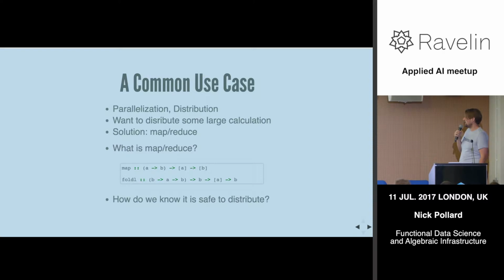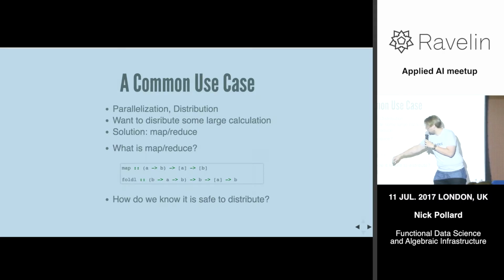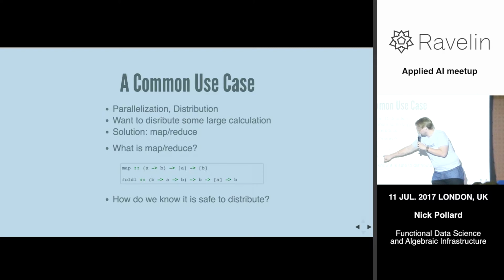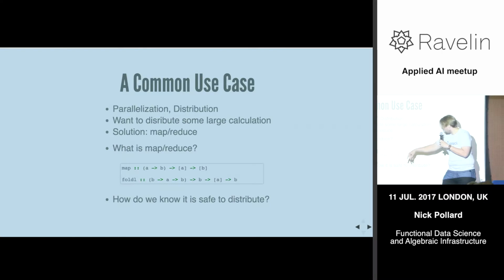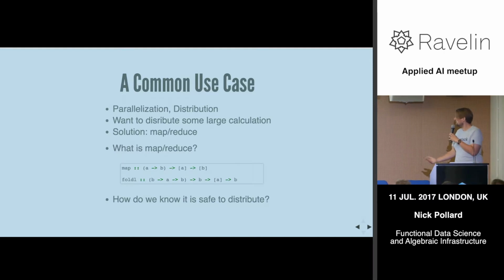But really, all it is here is that this B is actually an initial value. We've got some kind of accumulator: if we give it our initial accumulating value and a new value to be processed, it will update the accumulator. And if we keep running that over our list, we'll get a result. So again, we're clearly stating exactly what's going on and making sure that we haven't missed anything.